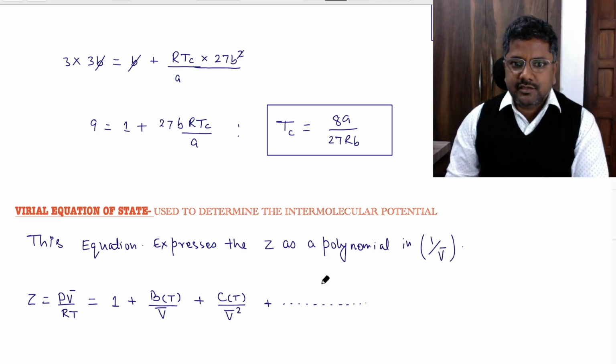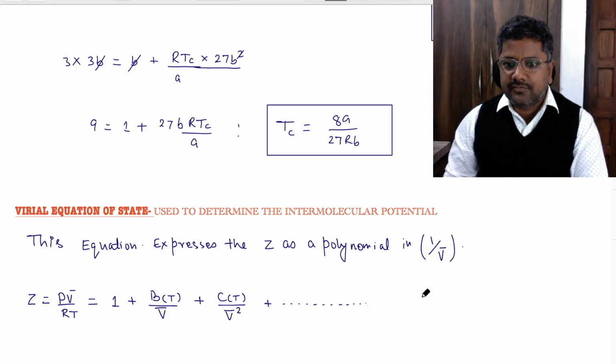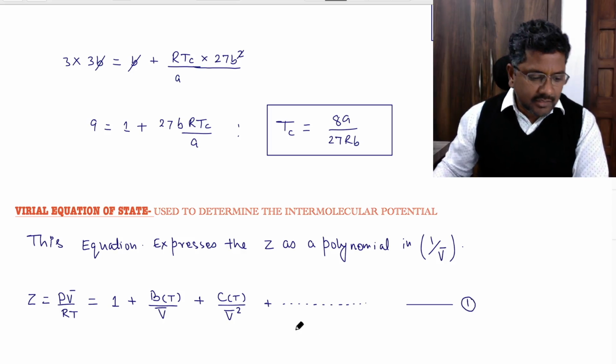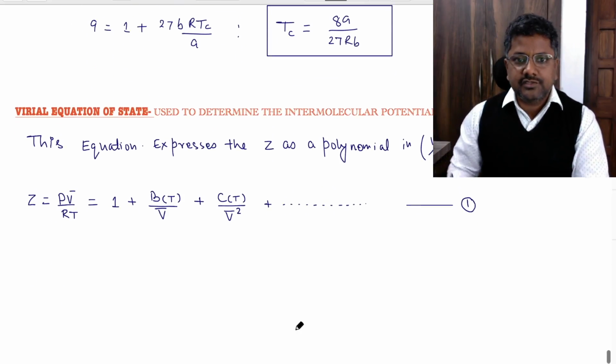So this is the virial gas equation in terms of volume. This is equation 1, right? And in terms of pressure, we also write